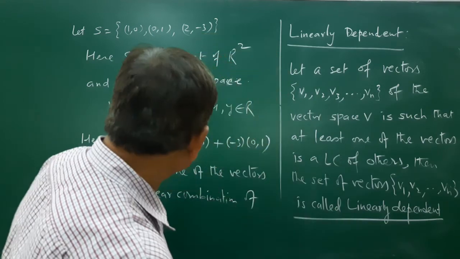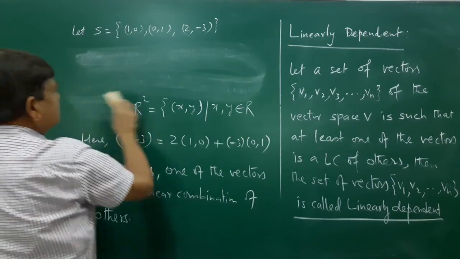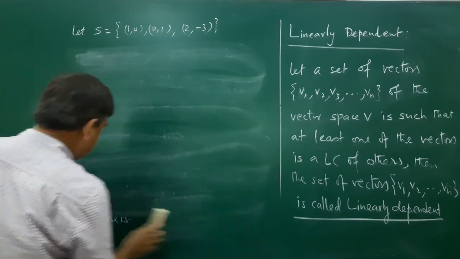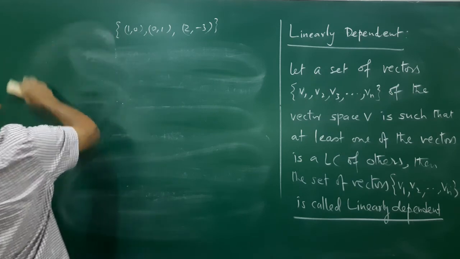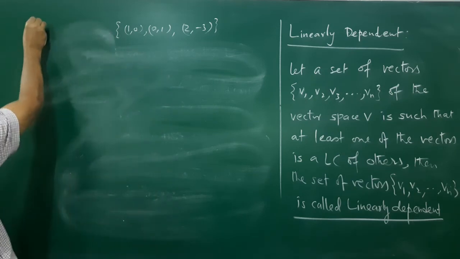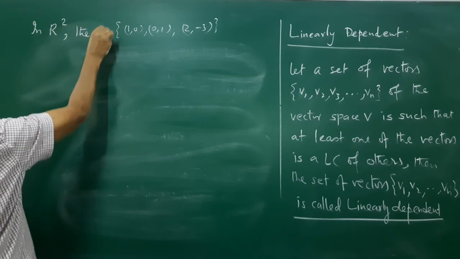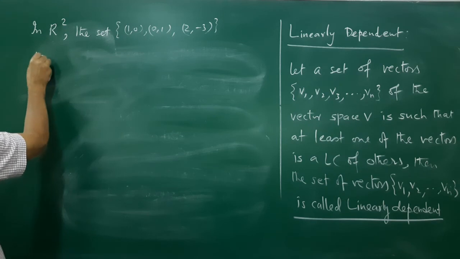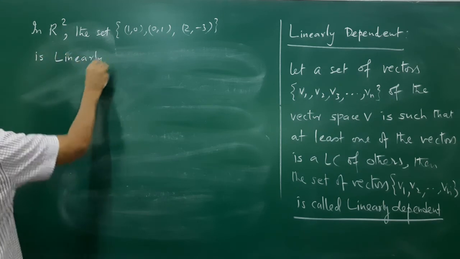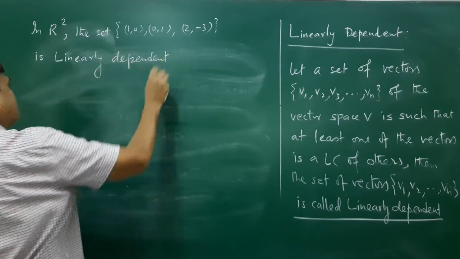Okay, so for this example, in R square, the set is linearly dependent